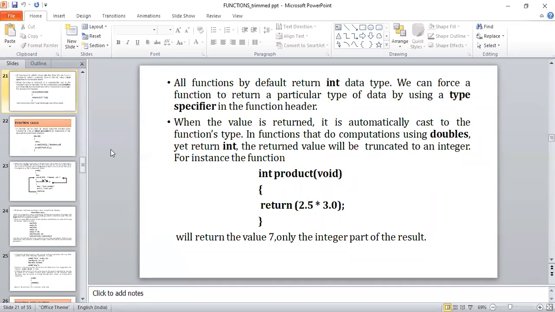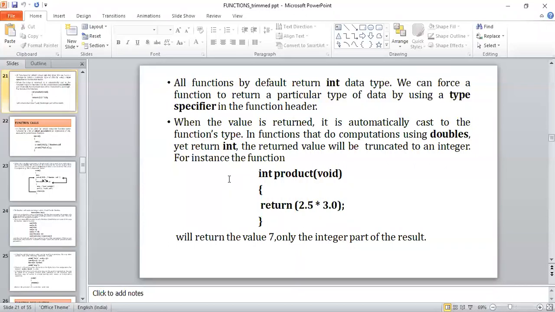Then what will be its result? It has to be an integer itself. The return type of this function is an integer. Once the product has been calculated, the decimal part will be truncated and only the integer part will be obtained as the result. That is also possible in the case of the return statement. So that much was discussed in yesterday's class.